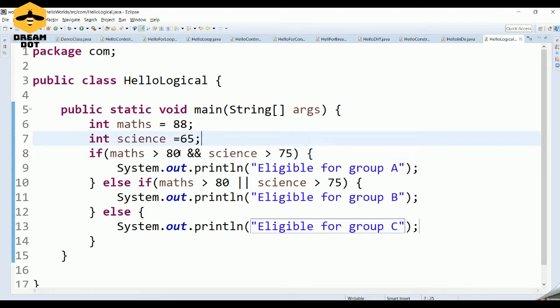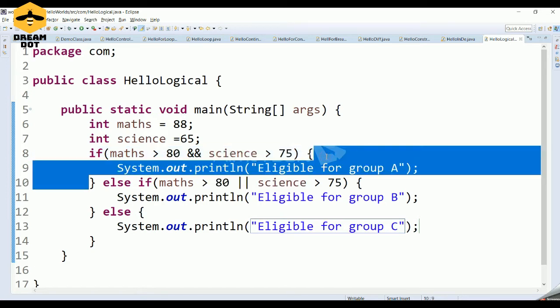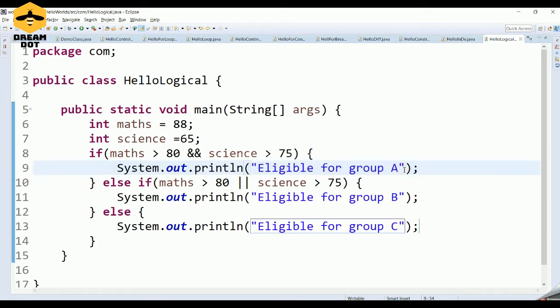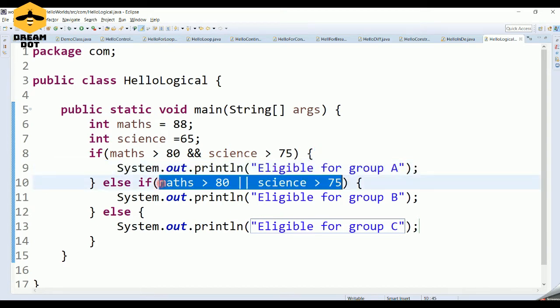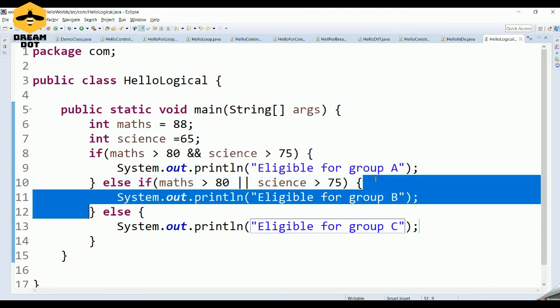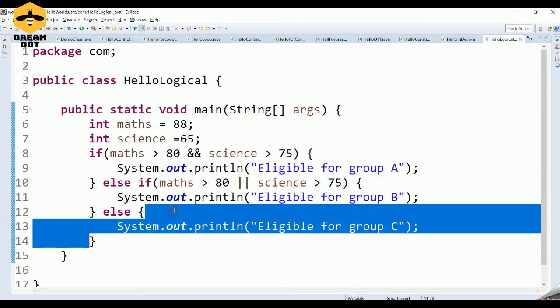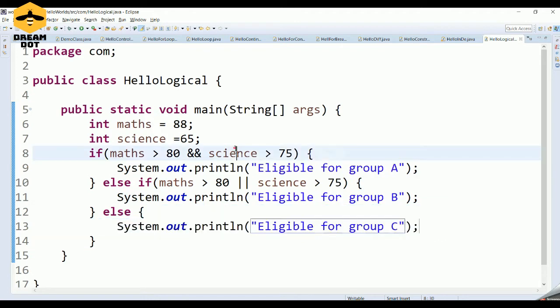If the student has secured marks in maths greater than 80 and if the marks in science are greater than 75, they say that the student is eligible for group A. Else if the student has secured marks in maths greater than 80, or if he has secured either one of these conditions, they say that the student is eligible for group B, and if none of the conditions is satisfied, they say that the student is eligible for group C.